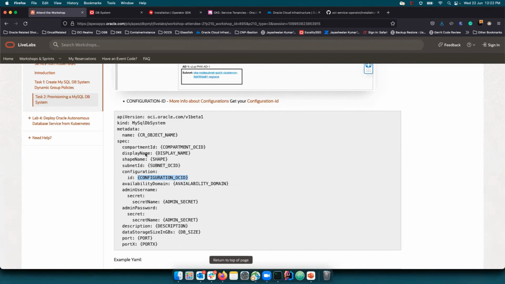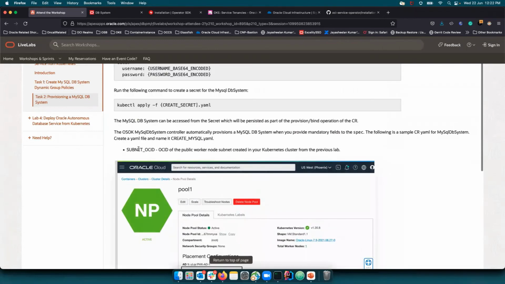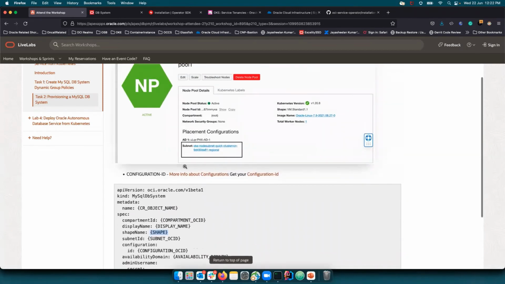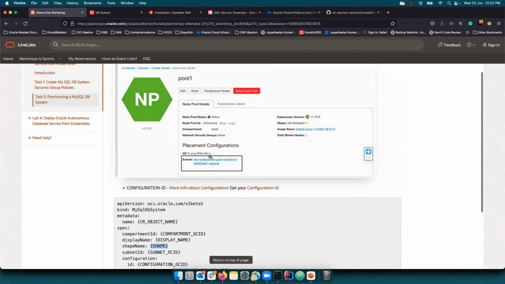And rest of the things is pretty straightforward, where you will have the compartment OCID. We'll have to give a name for your MySQL DB system, the shape name, what you wanted, and the subnet OCID, what we copied previously, and the availability domain. If you see here, we have something like an AD1 with a value. It says ULQR and the region and the AD. So very similarly, each of us will have different values. So you will have to be very specific. You can pick up the AD what you want, copy that entire value